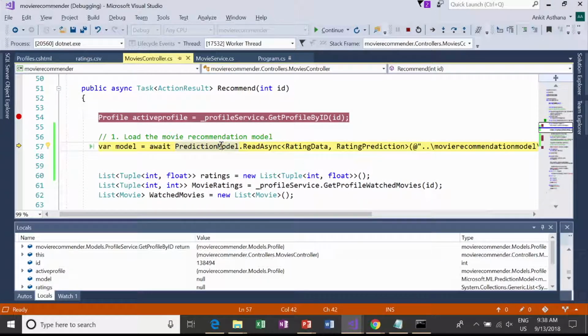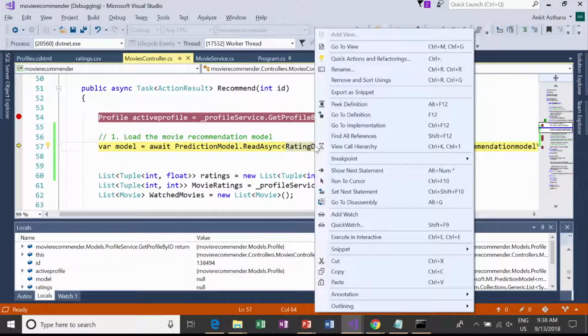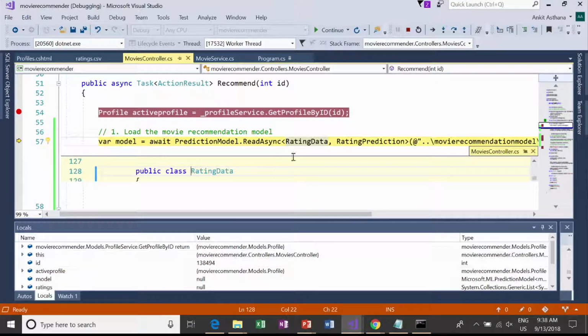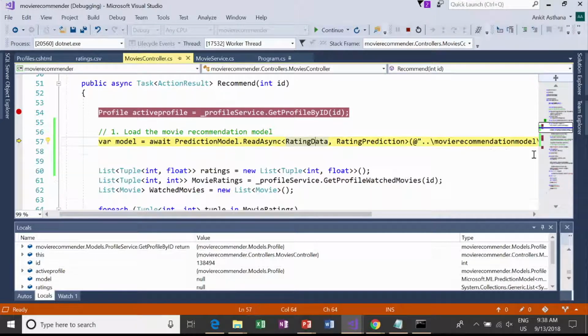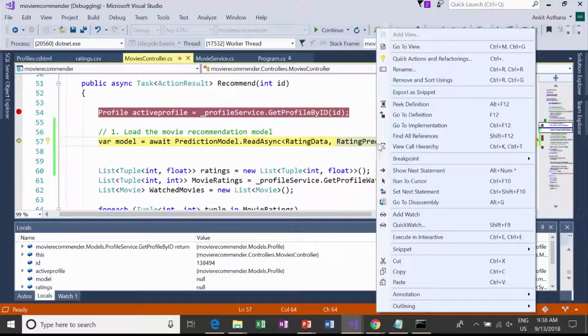Loading a model is really easy. You would use this prediction model type and use the read async API. The read async API takes the input class and the output class, just like how Gal was talking about them. So let's take a look into that very briefly here. So the rating data class is exactly the same class you had before, user ID, movie ID, and the label. And the rating prediction is the output class, which stores the prediction as we make these calls to the model.predict